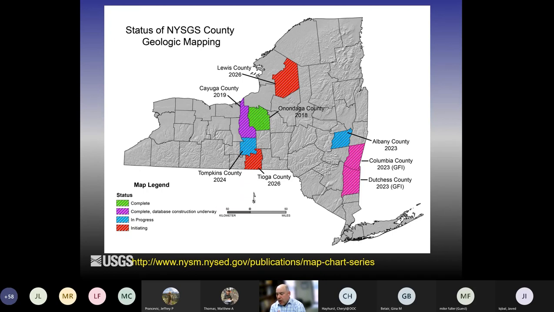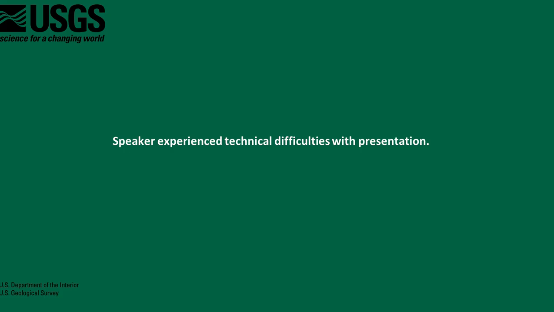But again, we also have the individual detailed quadrangle maps, which are available before we compile the counties. And this is just an overview of where the mapping has been done. And our maps are published for free via the